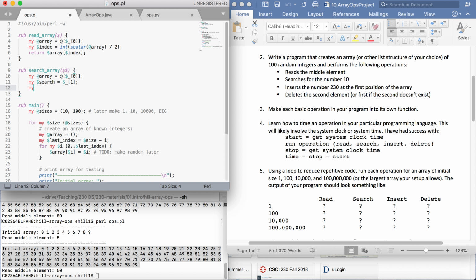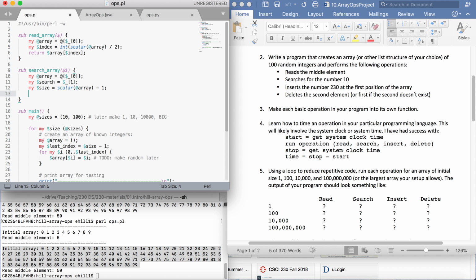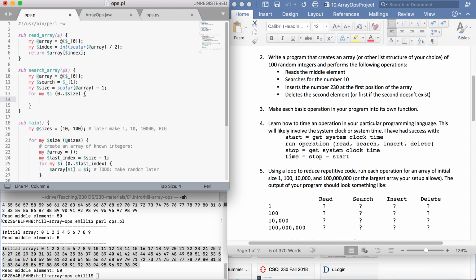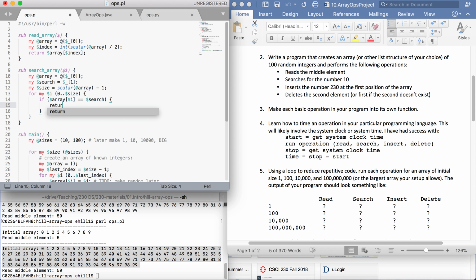And then I'm going to get my search number. And then I want the size of my array. I need to keep track of that as well, which is going to be the length of my array minus 1. So to search for the array, I'm going to go through each element from 0 up to, this is really the last index, is what size is standing in for here. And if I find that the array element is equal to what I'm searching for, then I'm going to return